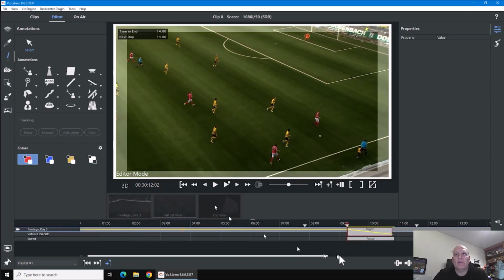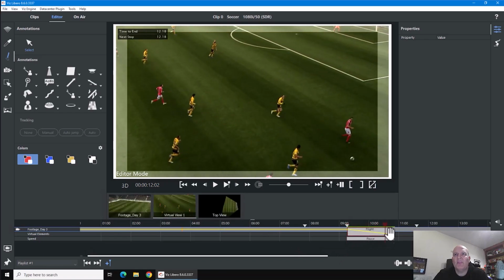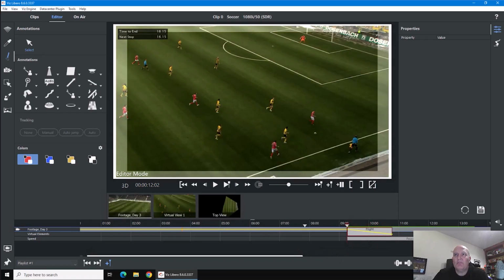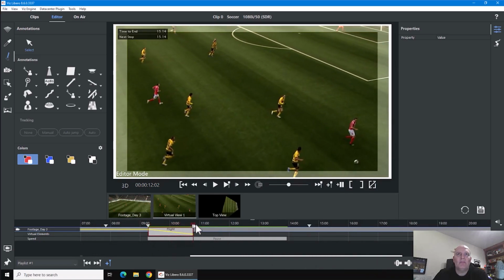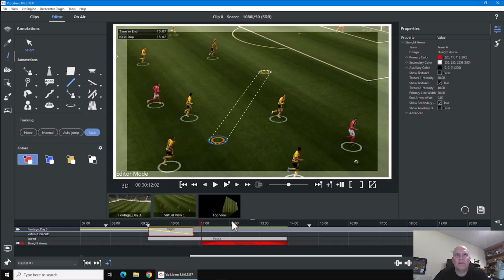So I said add flight to this camera, so now it flies in, and now we can extend this pause out. And what we could do then is to be able to see how long do we want to pause in that particular view. And don't forget, at any point I can still annotate, I can still add all my graphics to this at this point. And now if I wanted to, I could then come out to this bird's eye view.